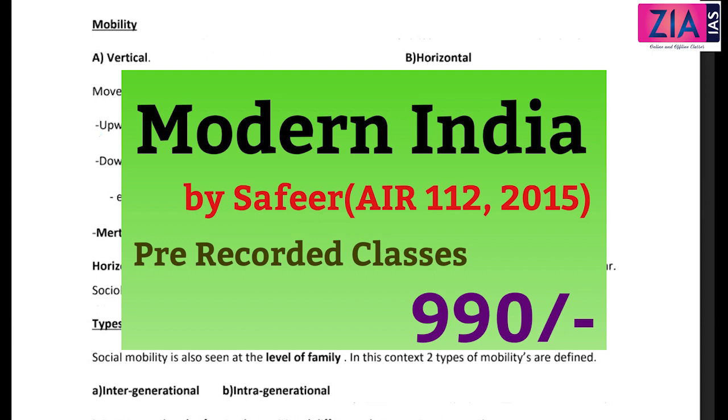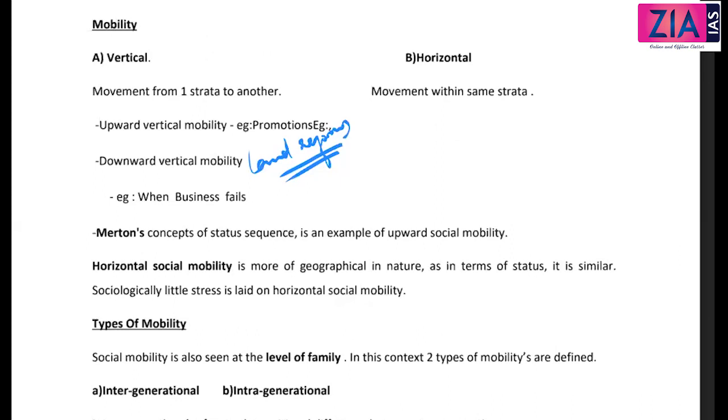So for example, is land reform upward or downward? Can anyone tell me? Both, right? Because those peasants, the landless who got the land, they experienced upward vertical mobility. Those landlords who lost the land experienced downward mobility. The Brahmins, they lost the land. And if you see in Kerala, most of the Brahmins later, after land reforms, their situation became pathetic. So that was a very bad situation for them. So this is movement within the same strata.